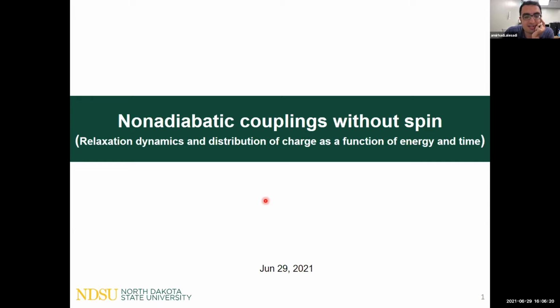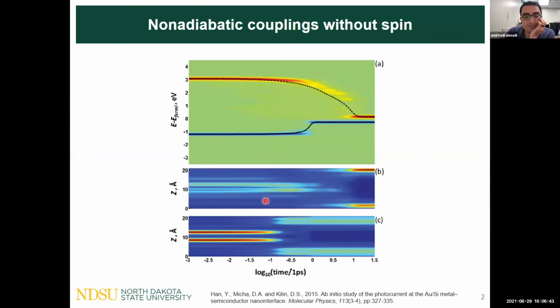I have just a few slides to show how to get the relaxation dynamics and distribution of charge as a function of the coordinate and also time, out of the non-adiabatic coupling, and here we consider it without spin. Okay, so just as a spoiler, I'm going to plot this greenish and bluish figure. I just borrowed that from Dr. Hahn's paper, published, I think,